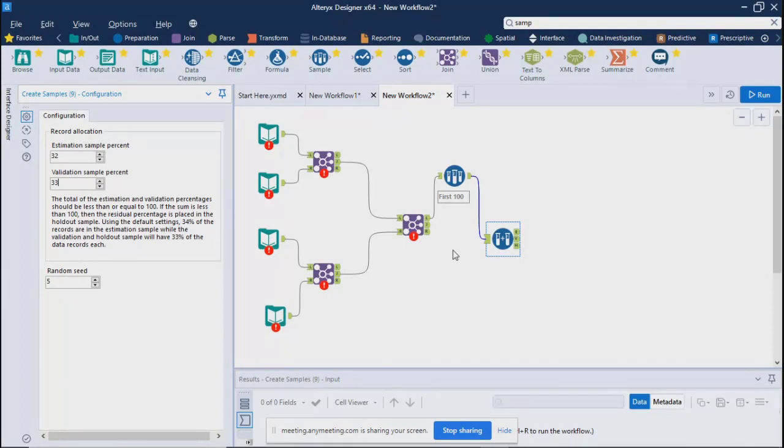Whatever sample you create, you validate that against your overall population. So over here also, as soon as you specify your estimation sample percentage, it will create another set accordingly. And then random seed is basically it will increase the number of records, or maybe it can be a percentage or it can be a number of records.